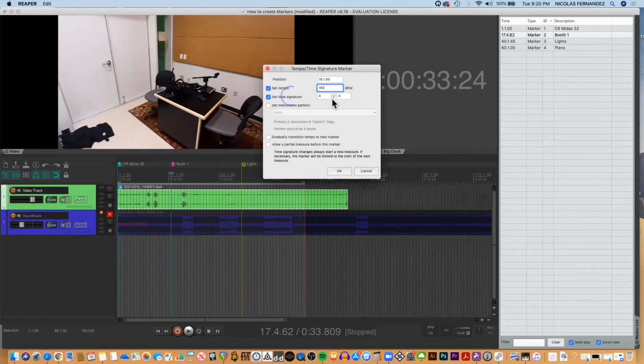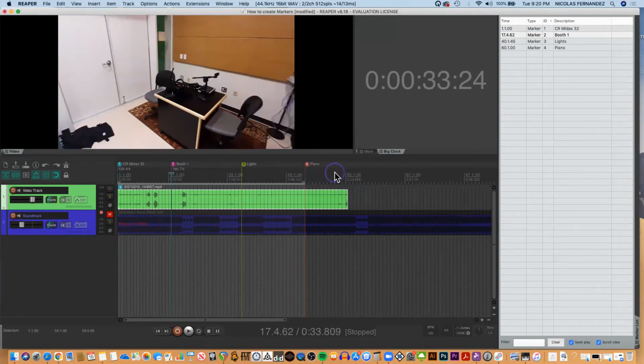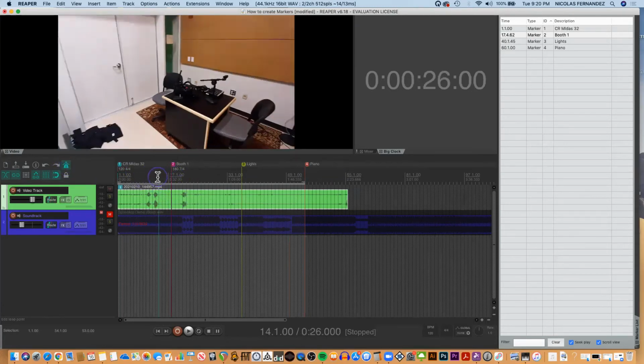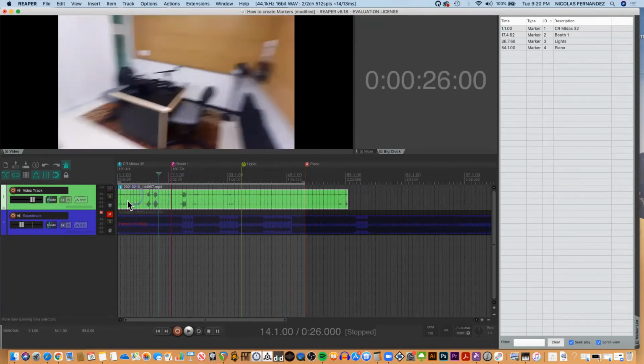And maybe I'm going to change also the time signature. So for that one, let's say this is 7/4. Hit OK. And as you can see here, let's turn on the metronome. I'm going to hit play. Also, by the way, I have